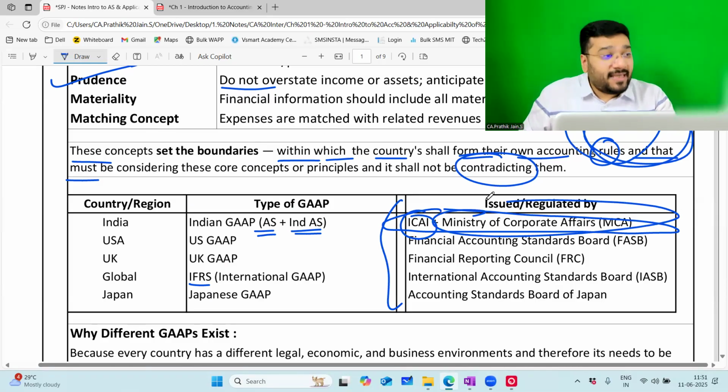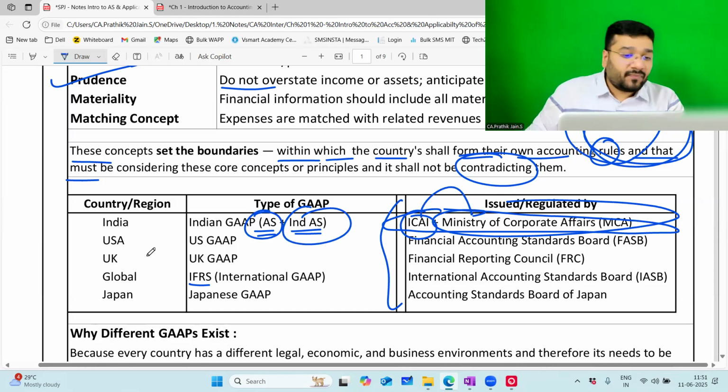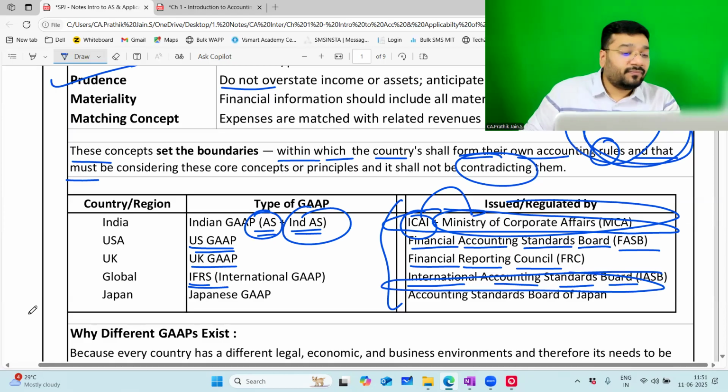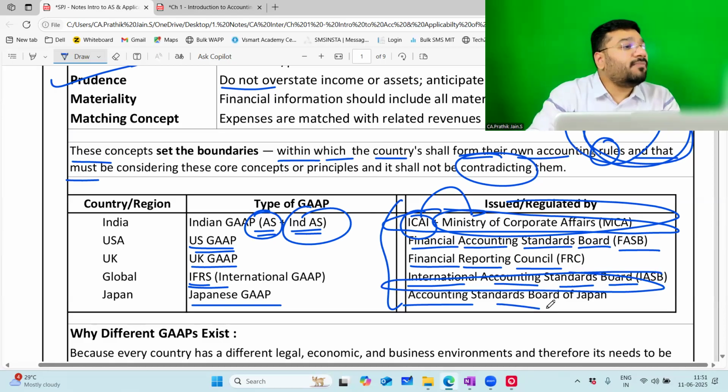Now, what is the role of ICAI? What is the role of ASB? What is the role of MCA? What is the role of NAFRA? All that I mean to discuss. As of now, just understand this accounting standard, Ind AS, major role is being played by ICAI and MCA. US GAAP is being framed by Financial Accounting Standard Board, FASB. UK GAAP, Financial Reporting Council. IFRS, International Accounting Standard Board. This you have to remember. Japanese GAAP, Accounting Standard Board of Japan. So all this comes within the framework of